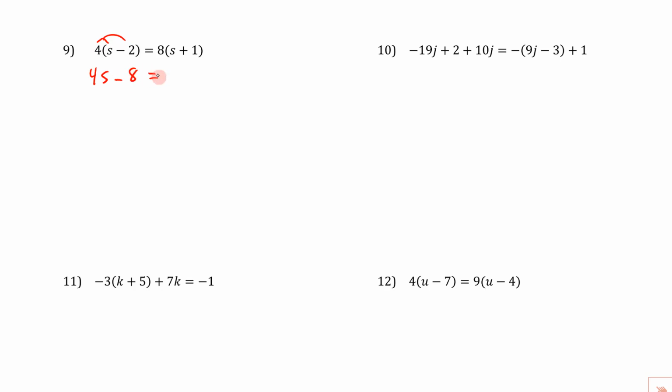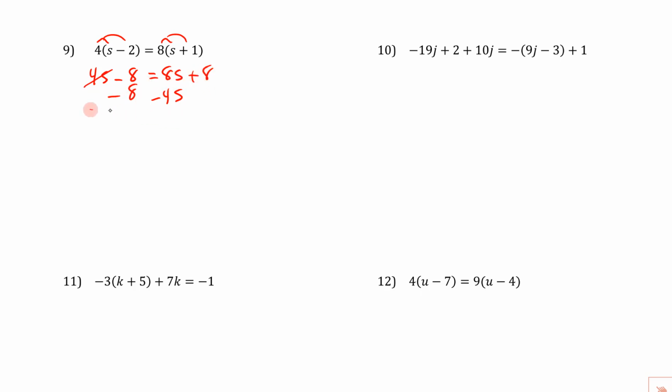And -8 there. And distribute through, we get 8s and +8 here. Okay, so we'll finish this by looking at this and figuring out which variable we're going to move. I'm going to move the smallest one, so I'm going to move the 4s to the other side by subtracting 4s. And because that's going to leave the variable over on this side, I'm going to move this 8 to the other side. I'm going to do that by subtracting 8 from both sides,